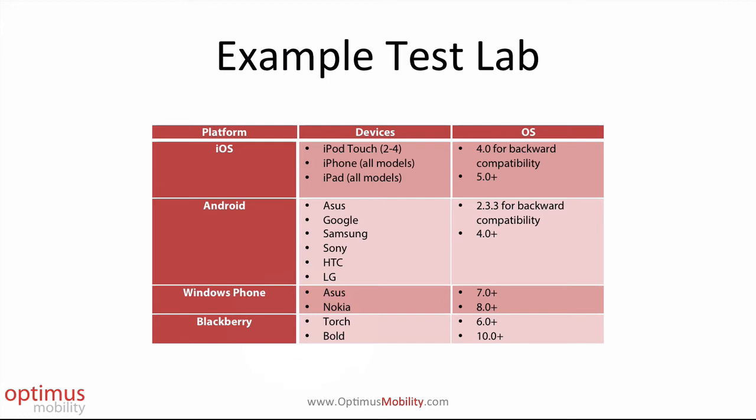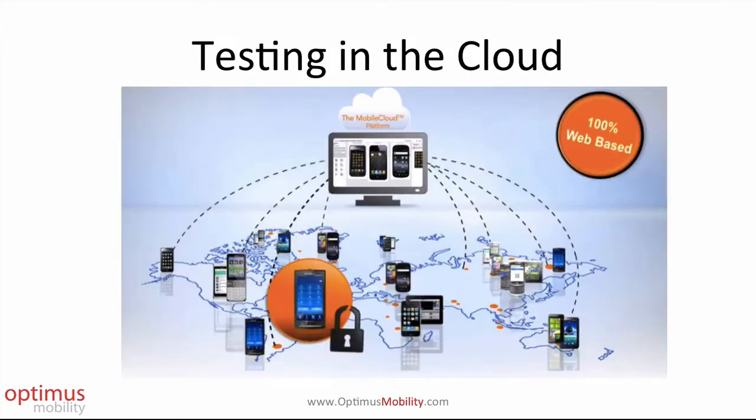Testing your mobile app or website on physical devices is critical to ensuring that the app performs as expected. Testing in a simulator does not reflect real-world scenarios and should only be used for very high-level QA. If you don't have a test lab like this, there's often test labs in the city where you can get access to devices. And there's also services, like I mentioned before, Perfecto, Soasta, Device Anywhere, where you can do testing